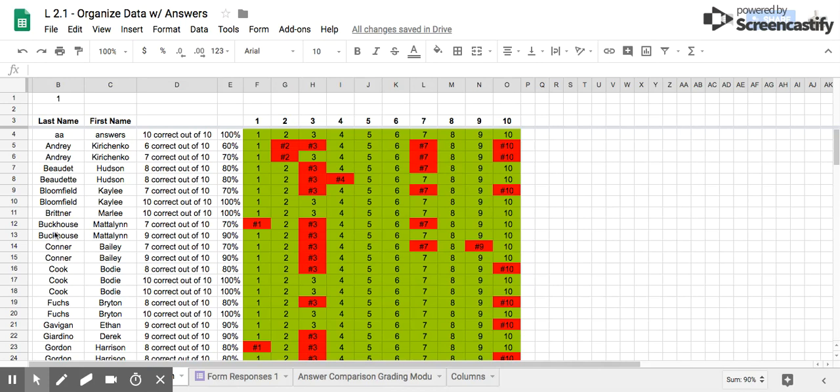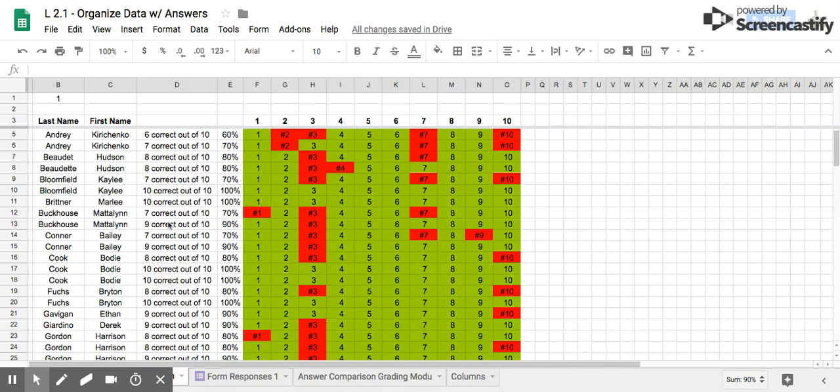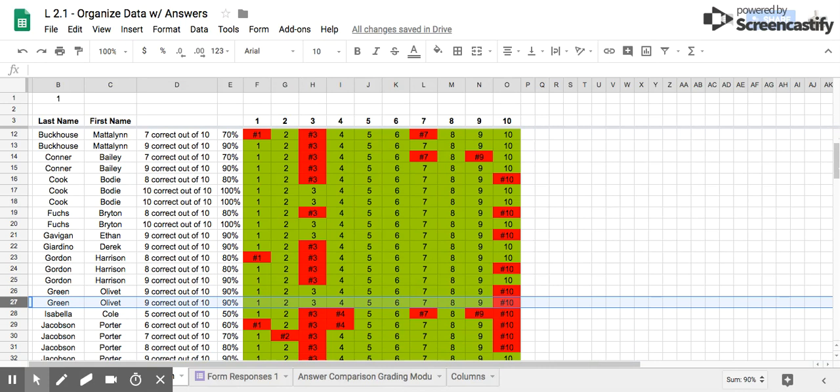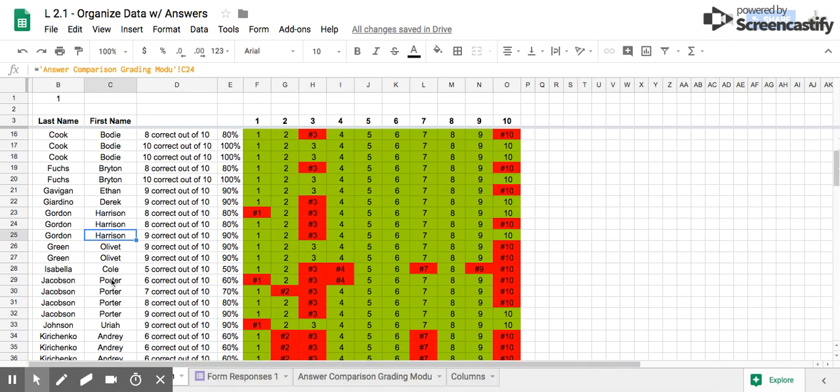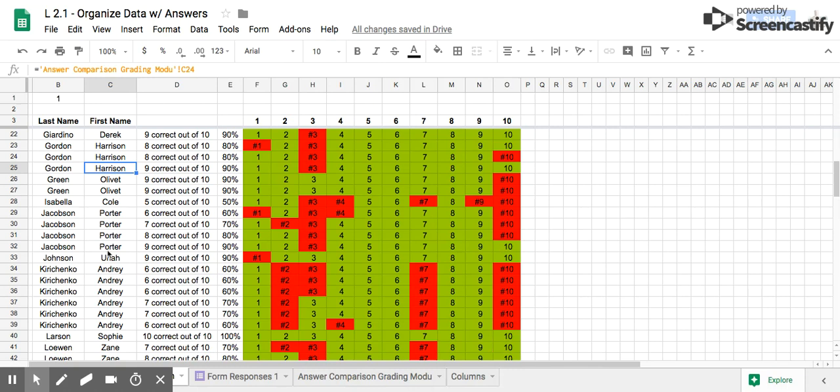So not only can I look at individual students, and as I scroll down a little further, I have another student down here that was at a 50%. Here she is right here, Miss Isabella, and missing 3, 4, 7, 9, and 10. And when I see something like that, that lets me know I can go sit down with her immediately and give her some remediation to assist her on her next attempt. Students that miss maybe just 2 or 3, I kind of expect them to make those changes on their own. And then